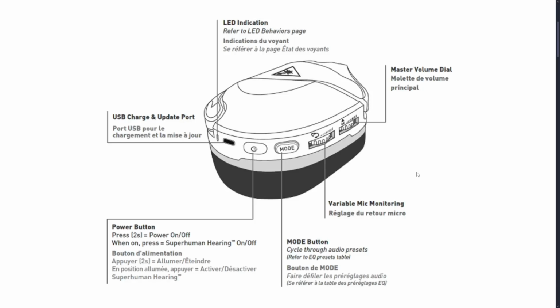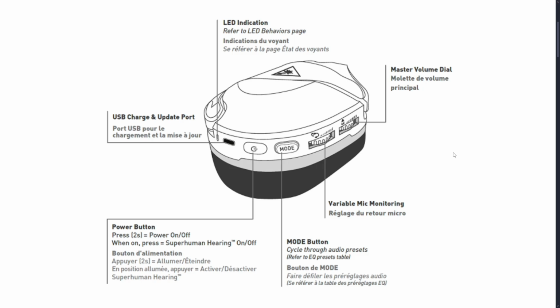Hi everyone, in this video, I will show you how to fix Turtle Beach Stealth 600 not connecting. First is, check power and connection. Ensure the headset is powered on. Verify the headset is fully charged or has sufficient battery life. Confirm that the wireless USB transmitter is securely plugged into the device.